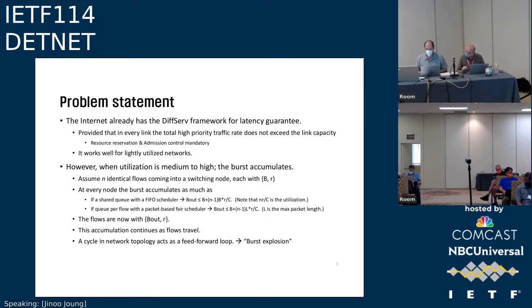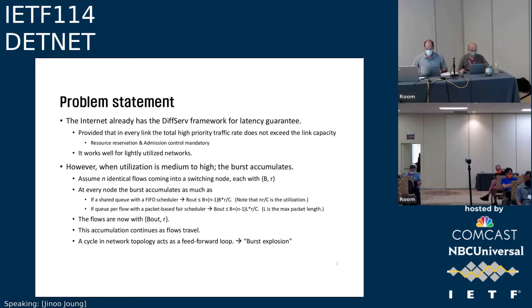So the DiffServ framework works well for lightly utilized networks. However, when utilization is medium to high, the burst accumulates. Assume there are n identical flows coming into a switching node, each with parameters B and R. B is the burst size and R is the average rate. At every node, the burst accumulates as much as, according to their scheduler type,